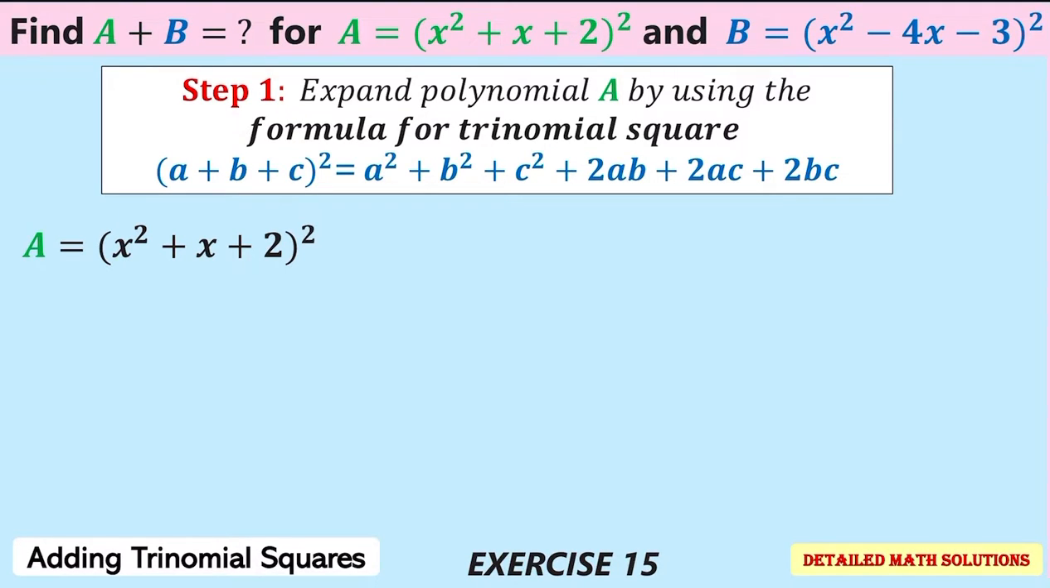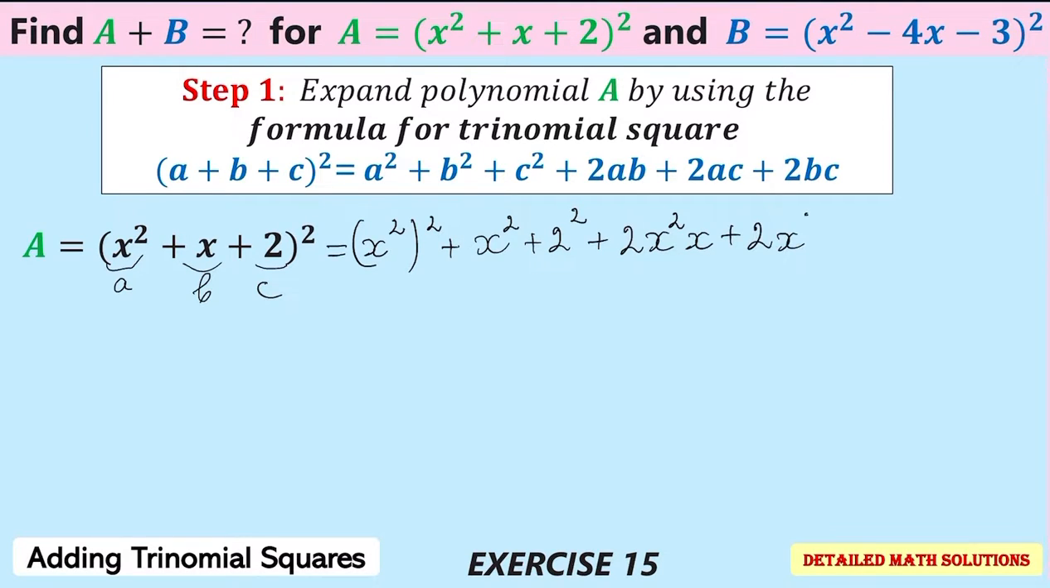For our polynomial A, the first term x squared corresponds to the a in the formula. The second term x corresponds to the b in the formula, and the third term 2 corresponds to the c in the formula. Therefore, when I apply the formula, this equals (x squared) to the power of 2 plus x squared plus 2 squared plus 2 times x squared multiplied by x plus 2 times x squared multiplied by 2 plus 2 times